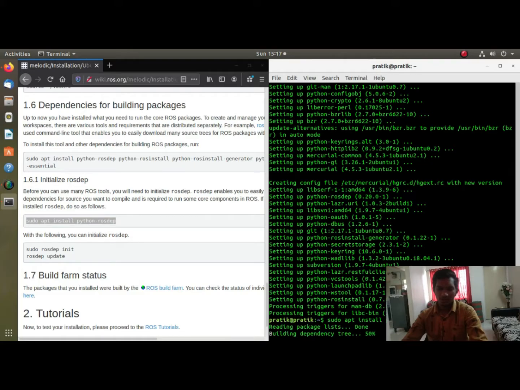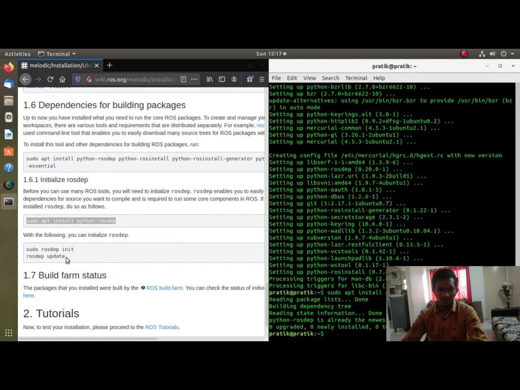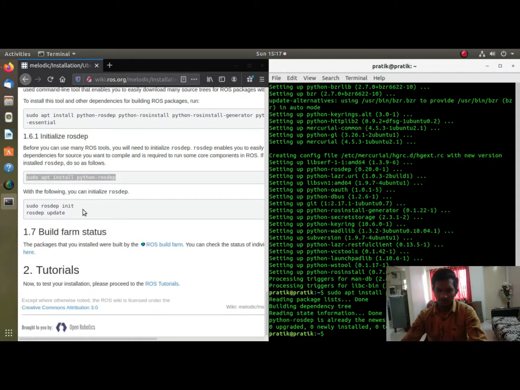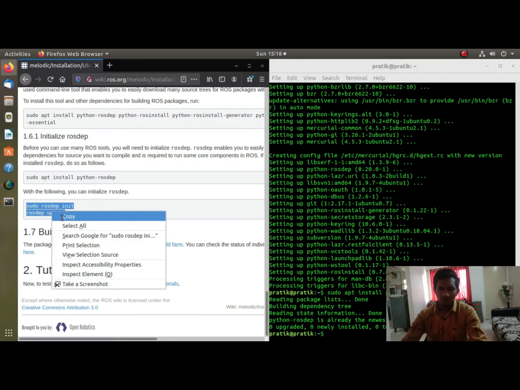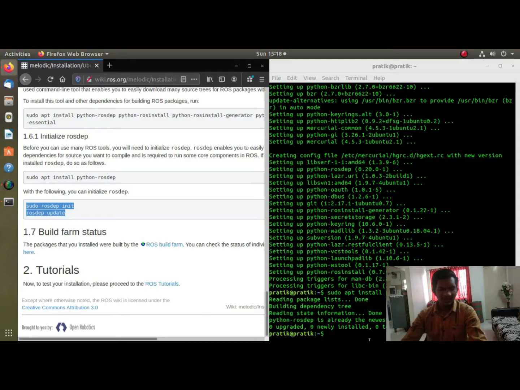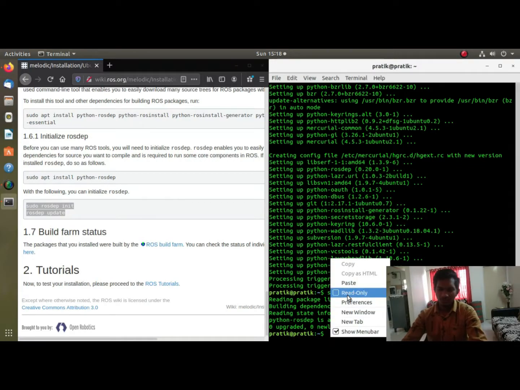Now the download has been completed. Now I am going to install the Python dependency with the command sudo apt install python ROS depository. Now with the following you can initialize ROS.